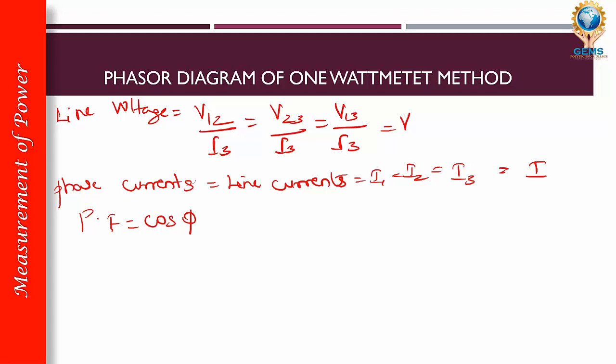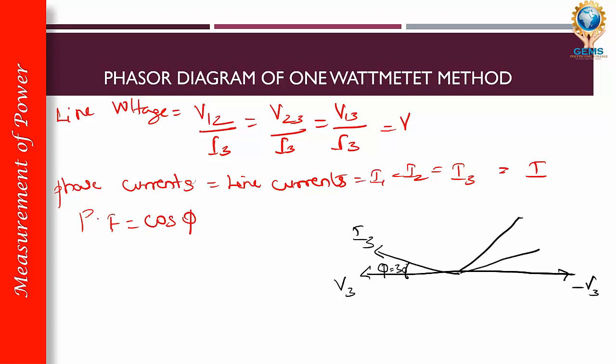So if we take the phasor diagram, it is lagging by an angle of 30 degrees, and similarly